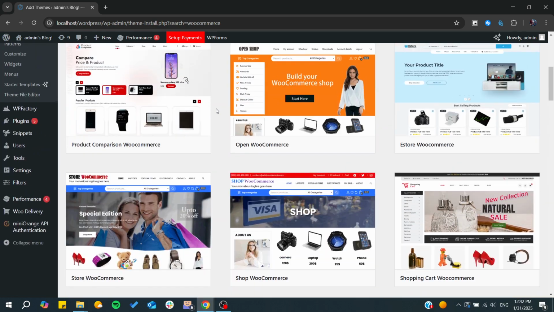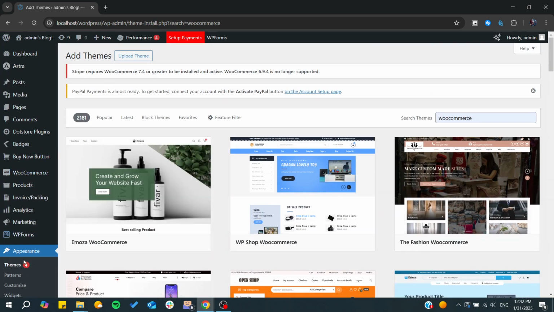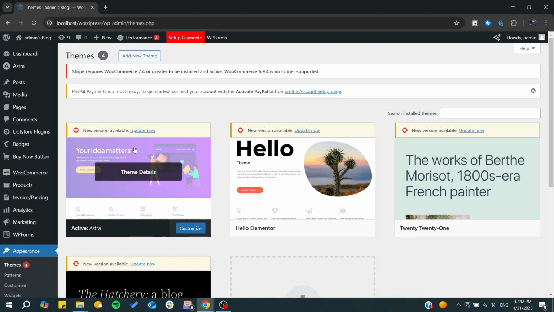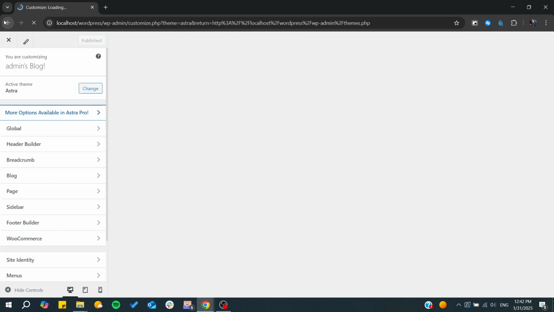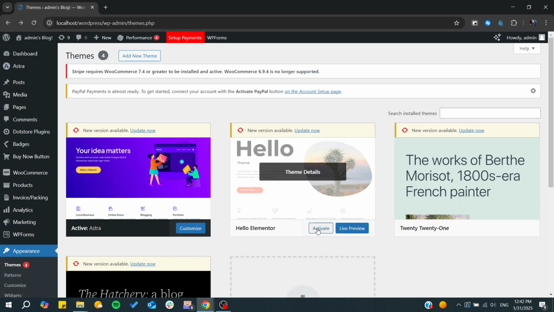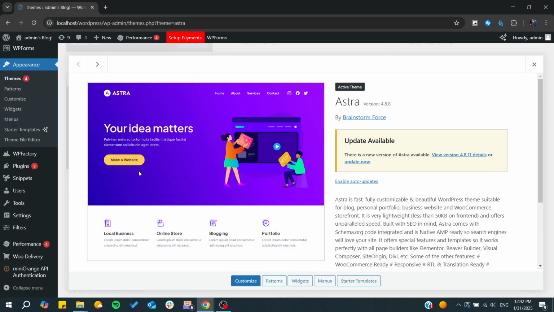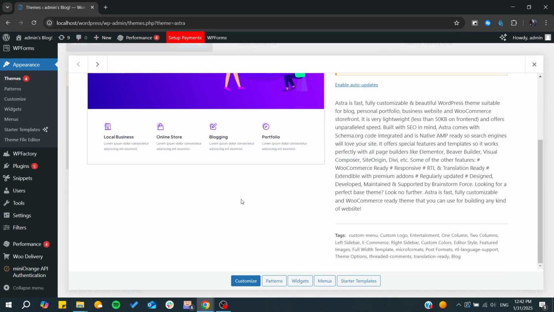So now here is the tricky part. Make sure always to deactivate your first theme. So if you are using this one, you will need to deactivate it. You can just click, for example, on customize. Let's just go back and simply you can have it like this. You can go to the theme details and